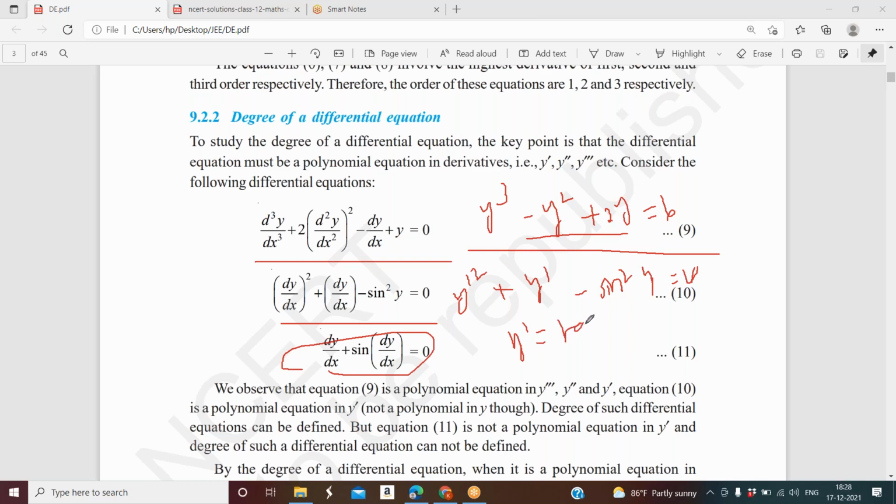Y dash equal to tan x. This is a polynomial equation. dy by dx equal to tan x. Yes, it's a polynomial equation, but